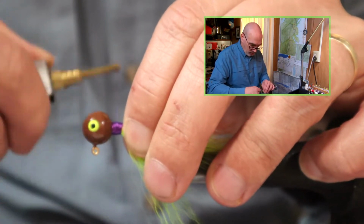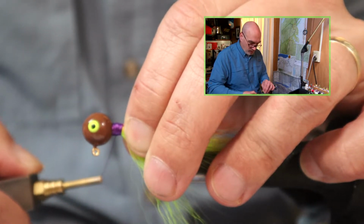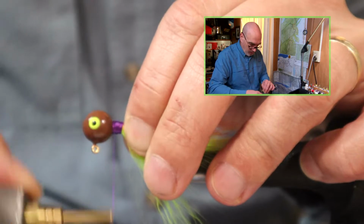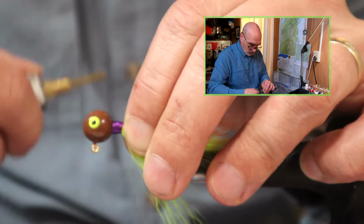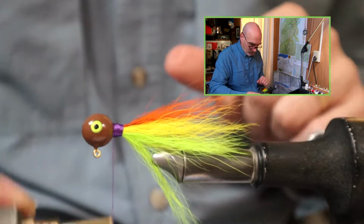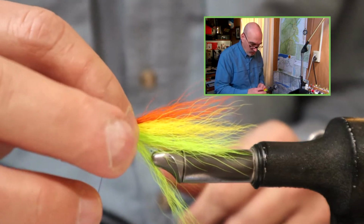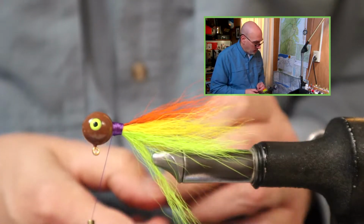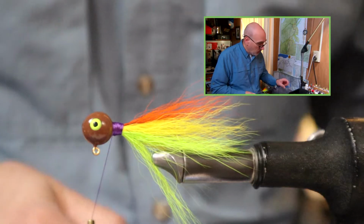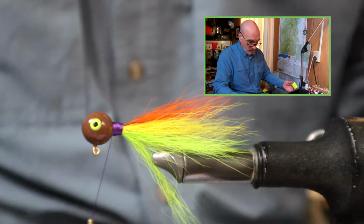And then to finish this, just walk the thread touching wraps back to the center, and then wraps back to the head. Wraps about 1/4 the way back, and then back to the head. So that makes a nice cone-shaped collar where it gets thinner down towards the hair. To finish this off, just going to take